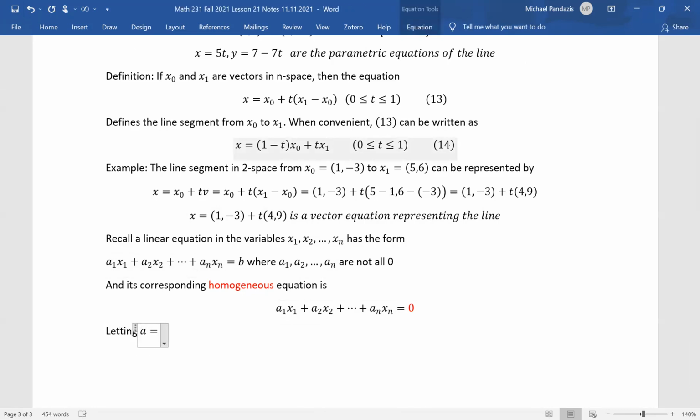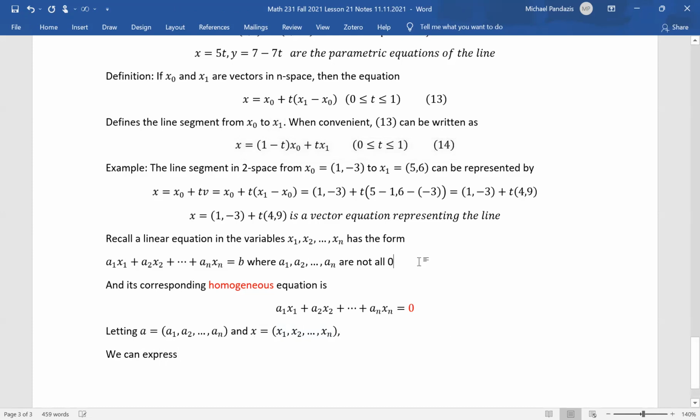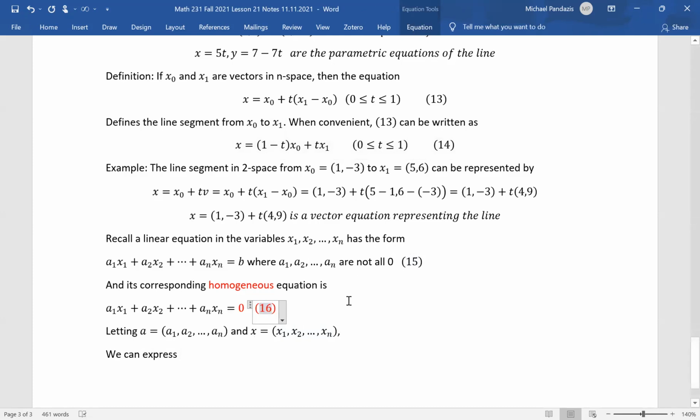So letting a equal the vector a1, a2, ..., an. Those are the coefficients of the linear expression. A represents all of them, and let x be the vector whose components are the unknowns in your equation, x1, x2, ..., xn. So letting that happen, in the book, this is 15 and this is 16. So we can express 15 and 16